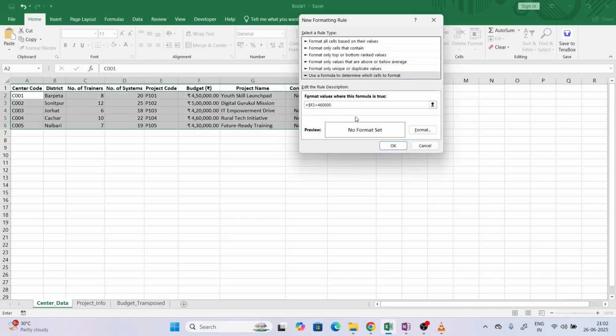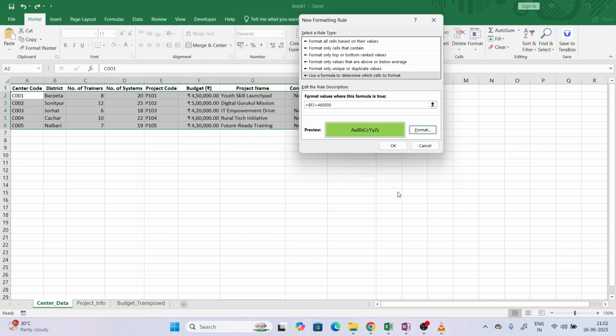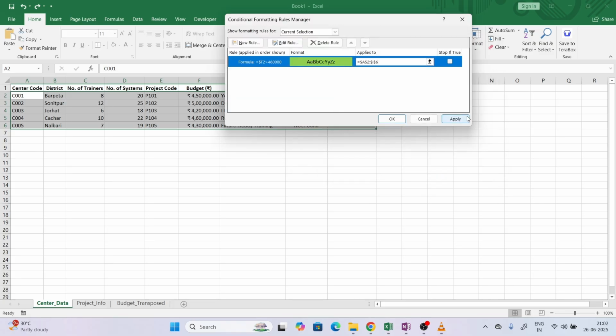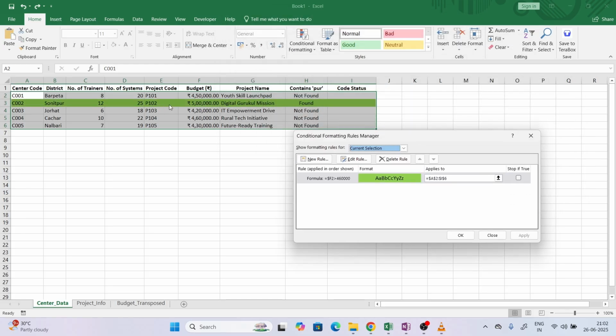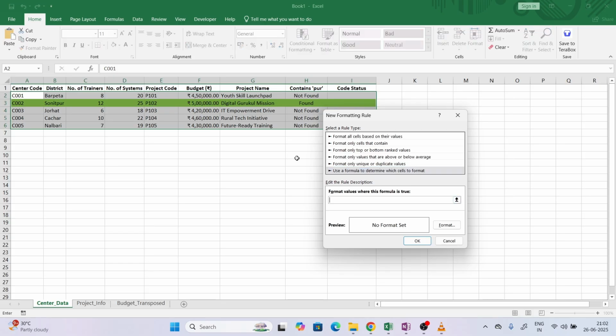If it is more than, then what do we need to do? We need to make it green. So the entire row should be green. Set it, I will hit OK and I will hit apply. So you can see whichever row has more than 4,60,000 it's green. Again new rule, use formula, cell value based on this, we deleted it. Now what do we need to do? It should be less than